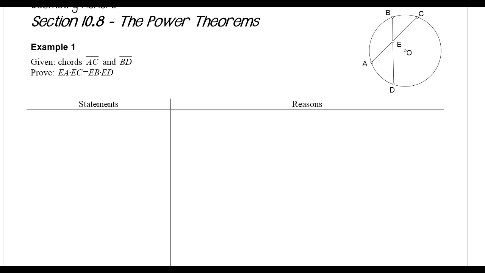We've got chords AC and BD that we can see intersect inside the circle, and we want to prove that EA times EC, so that's the two pieces of this chord AC, the product of those is equal to the product of EB times ED, which are the pieces of the other chord. So let's get our given information in there. We've got chords AC and BD. That's given. And then what I'm going to do is I'm going to draw in